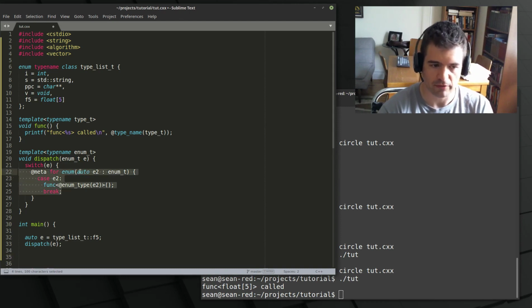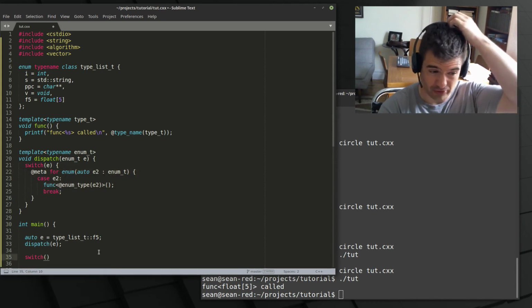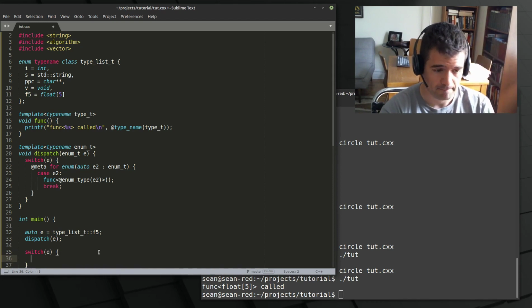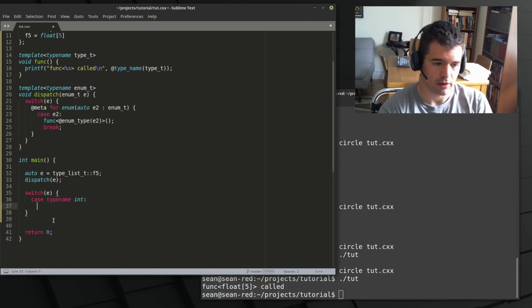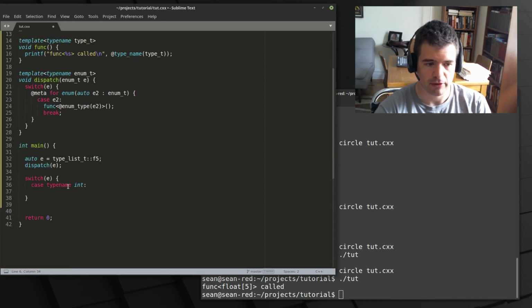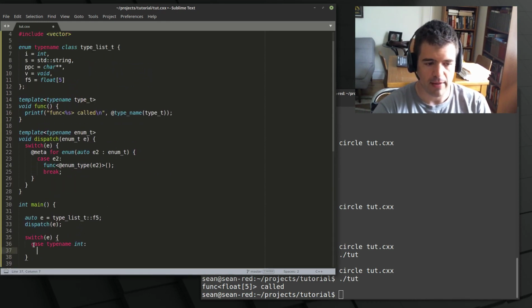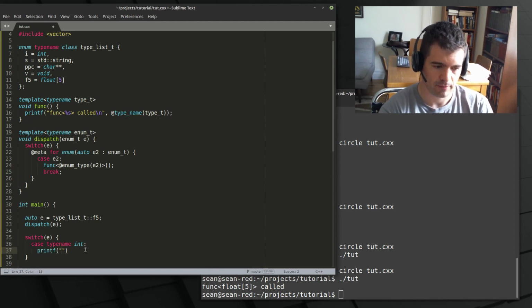switch with cases for each of the enumerators, or we can use the special type name syntax in Circle and manually implement cases. And now instead of naming the name of the enumerator, we're naming the underlying type or the associated type. This only works if the associated types are unique. But here it says, well, match this case when E's associated type is integer, right? So let's say, it's an int, then break,